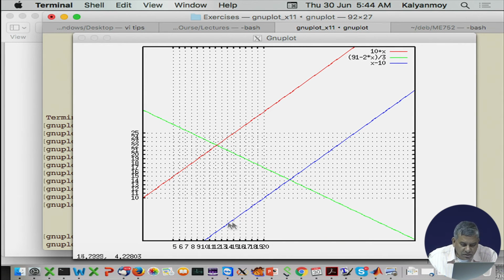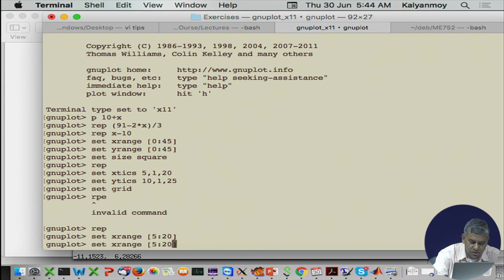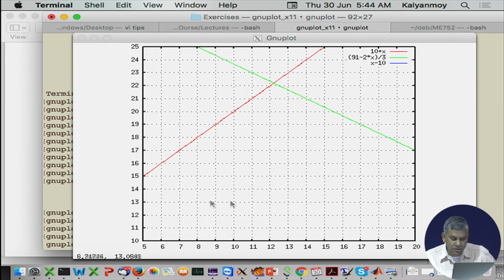Okay, now it's too much. So I need to set the x range also. Maybe that will work out. X range we said 5 to 20, and y range 10 to 25. Okay. Yes. Now I can see. So every intersection of the lines is an integer point, right? Those are only allowed. So we are here, which is not an integer point, and that's what we got, 12.2